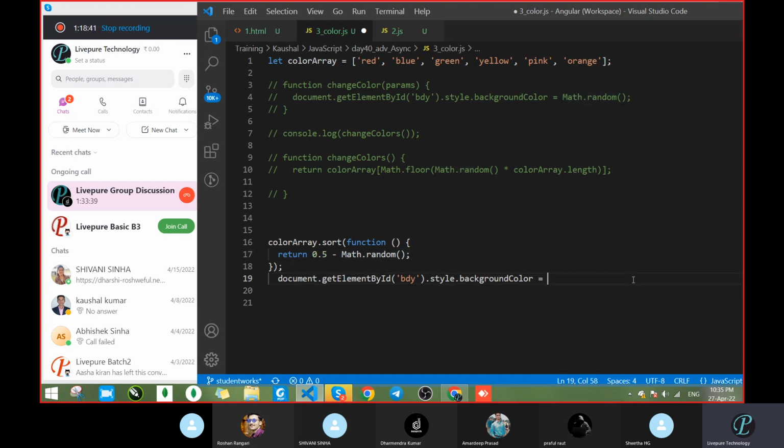Remove this one. Correct. Here inside the parent, directly we write colorArray, and call index 0, sir. Then the 0th position will get called.